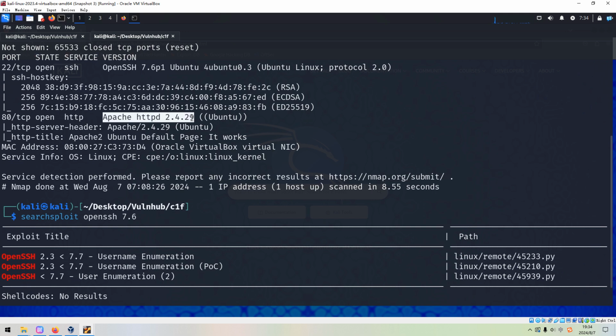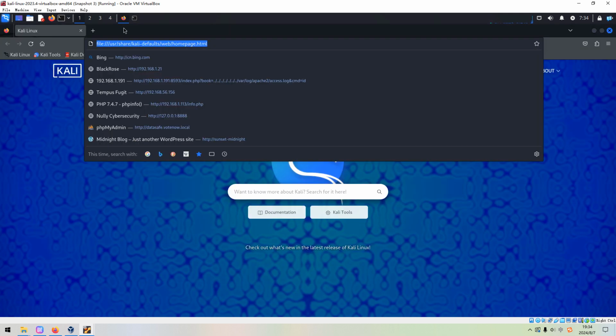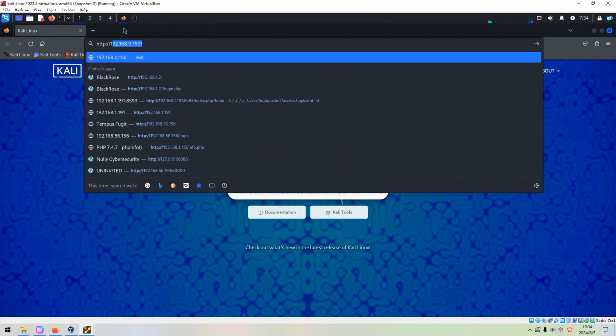So then what are we going to do next? We need to do the enumeration with HTTP service, both manually and automatically. Let's fire up our browser of Firefox and put the IP address of the target into the address bar.